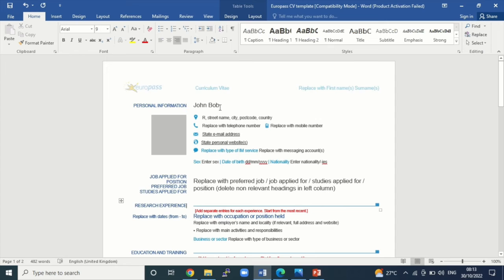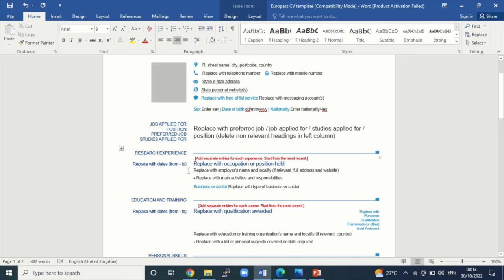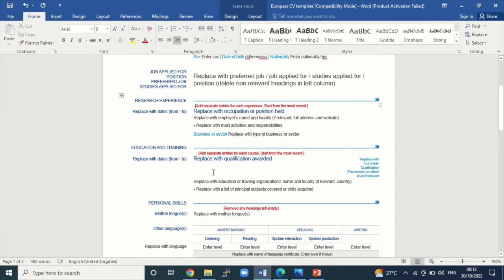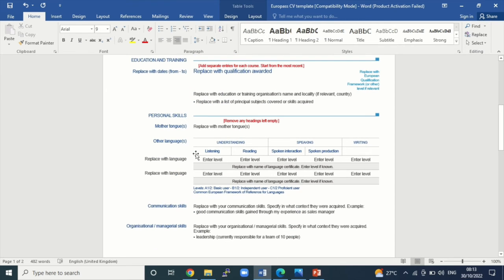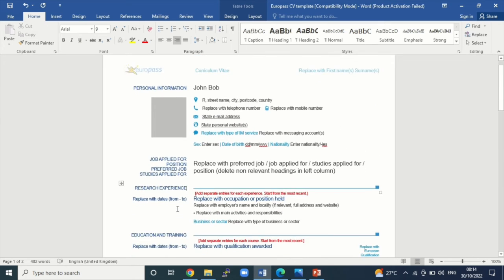So all you have to do is just edit the name, the street name, country, replace the phone number, replace the mobile number, state the email address, website, nationality, and so on. So all it's going to do is tell you to make edits to whatever you want to edit. But the difficult thing about this is that sometimes editing becomes very difficult because, let's